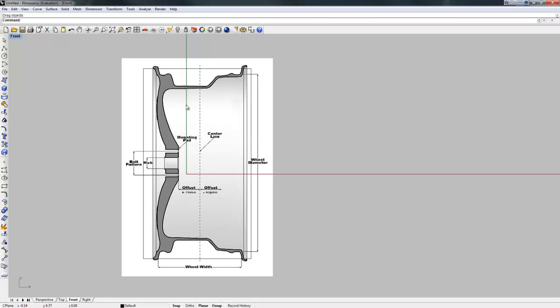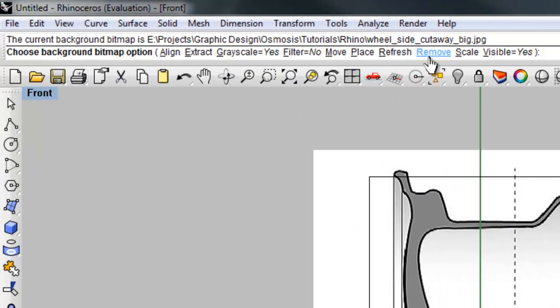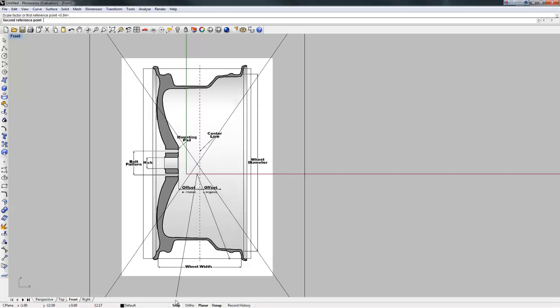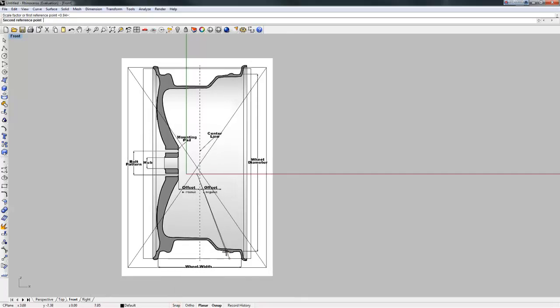So to place our image the same size as our rectangle, I'm going to go back to my image properties or my background bitmap properties, and this time I'm going to select scale, and it's going to ask me for a first point or reference point. Usually that's going to be the center, somewhere in the center of your image, and then we select an outer point to scale from. I'm going to turn off my snaps here,